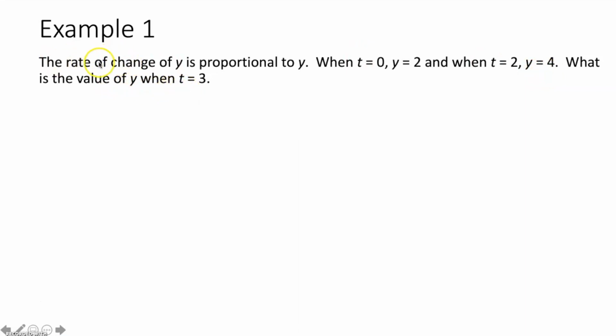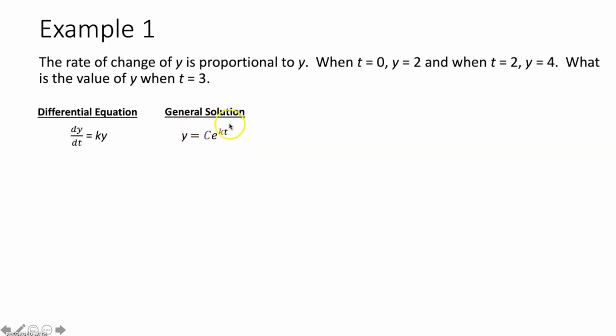So the first part of this question helps us out a bunch. It says the rate of change of y, so dy dx, is proportional to, equals k times y. So we know that this problem is dealing with a proportional rate of change. And because of that, we can skip that whole process of solving this differential equation or finding the general solution. We already know what the general solution to this differential equation is. It's our growth and decay model. y is equal to c times e to the kt.